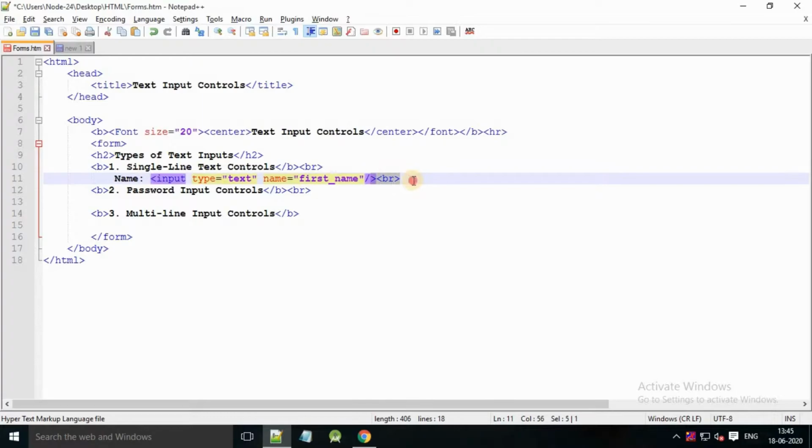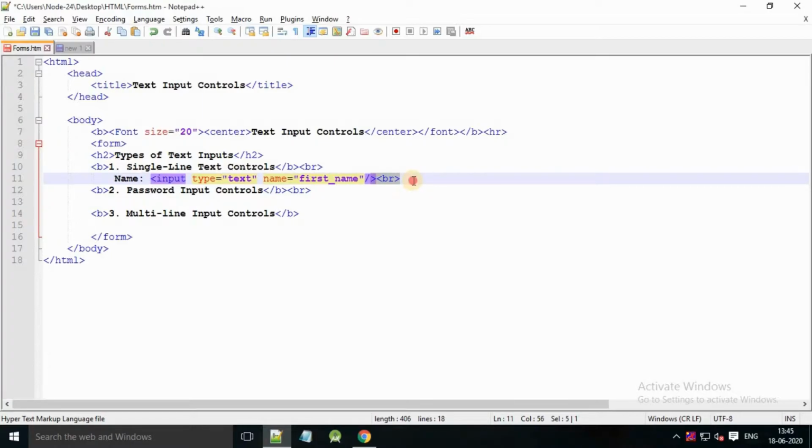They are used to take input from the user using the input tag in HTML for a single line text input control. And name is equal to first underscore name, to call or otherwise fetch the record of a text box in between database, otherwise servers.